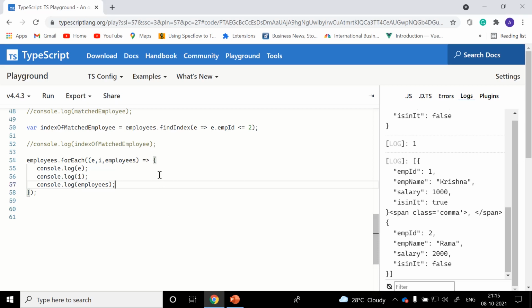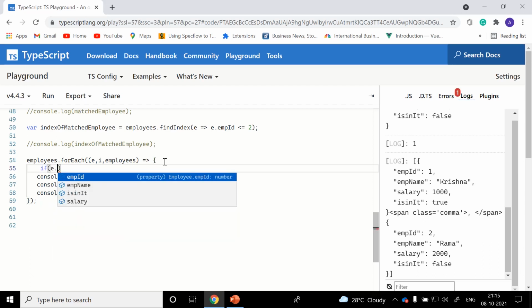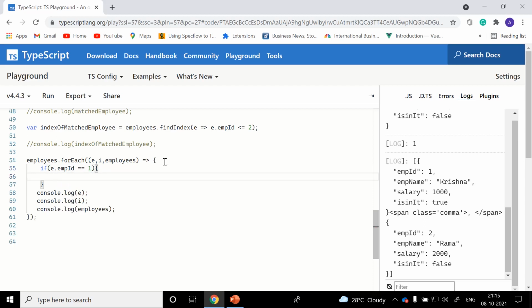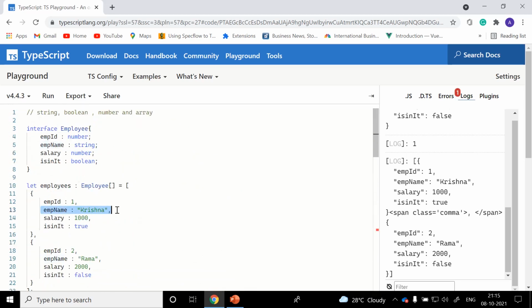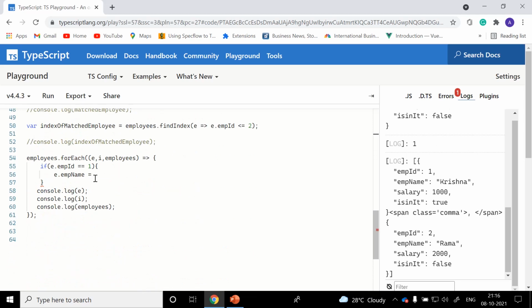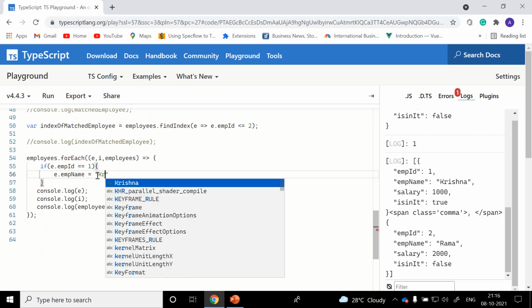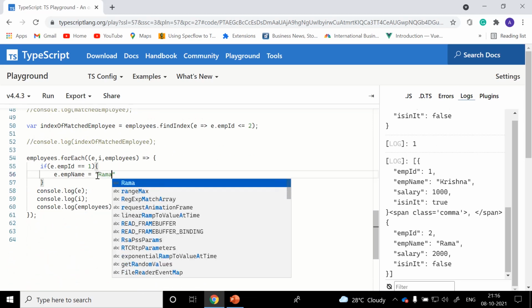For example, if you want to modify any value in the array, still we can do it. For example, if the employee ID is equal to 1, if the employee ID is matched with 1, I am planning to update the employee name. Currently if you observe, the employee name is Krishna. I want to update it with Ramakrishna.